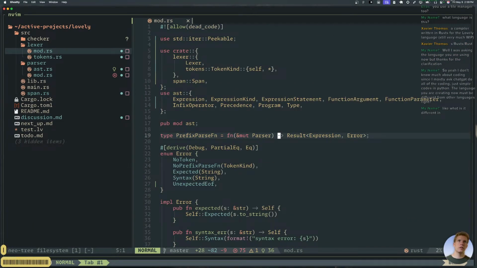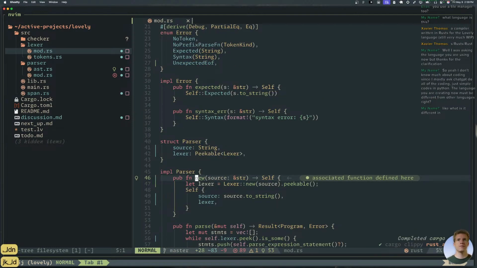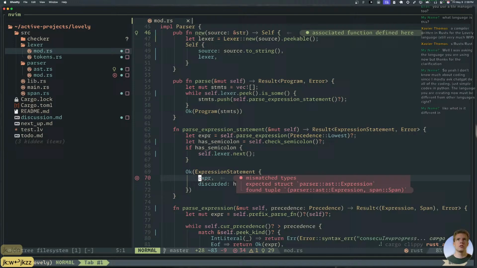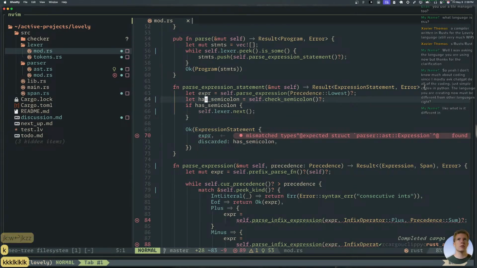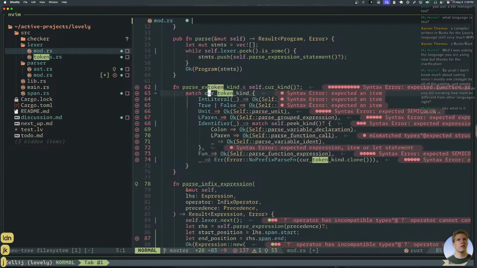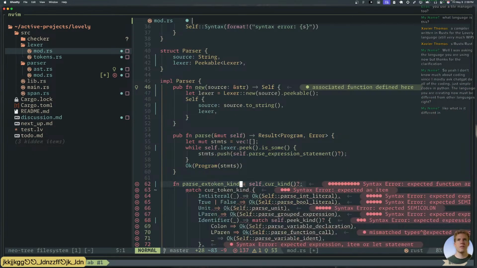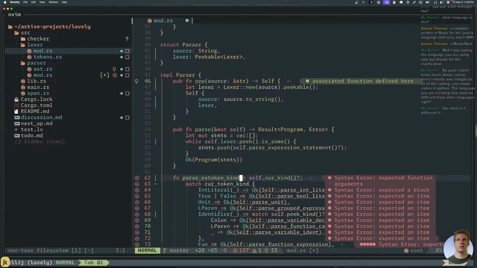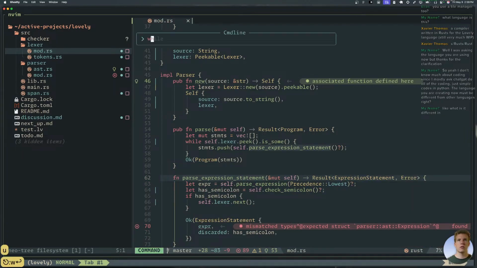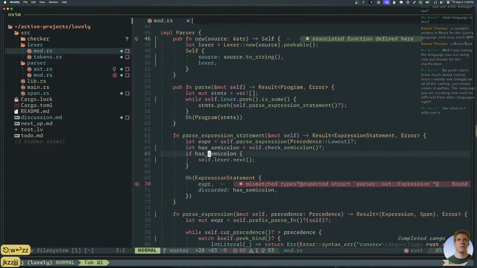This thing needs to return an expression and a span. Wow, who knew this was going to be such a... should have done this in the beginning for sure. But it's alright, it's pretty fun. Gotta stay motivated. Okay, so expression span, parse expression, parse expression. Oh dear, everything's broken now. Where do I even start? Okay. From the top and work your way down to the bottom. What did I do? I accidentally deleted that whole thing. Okay.